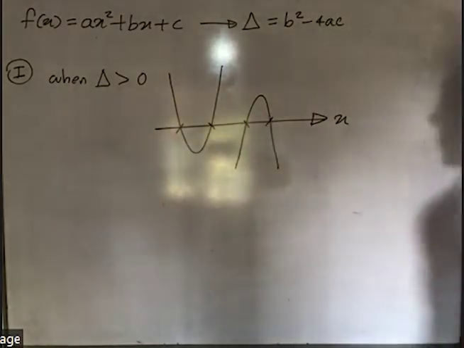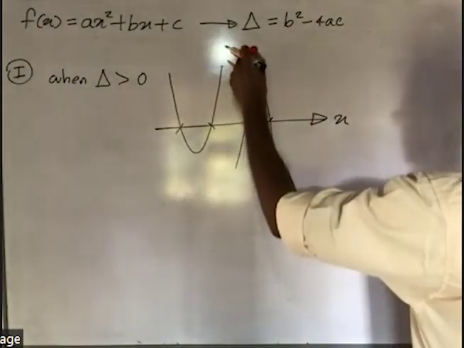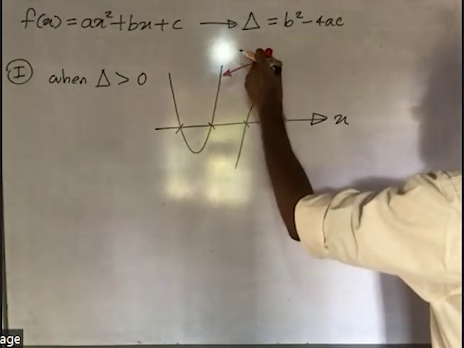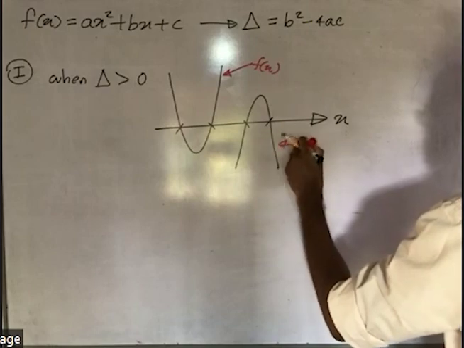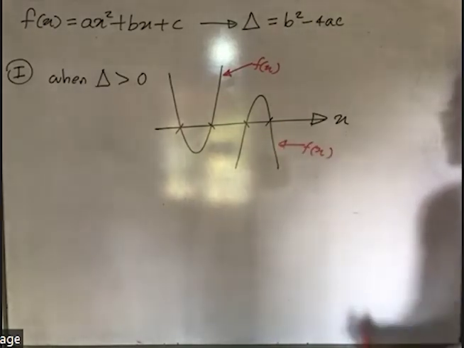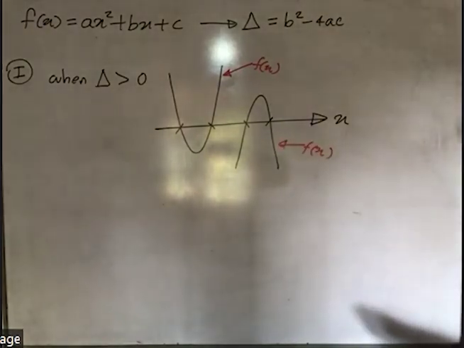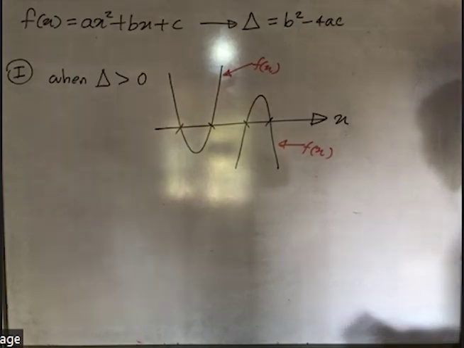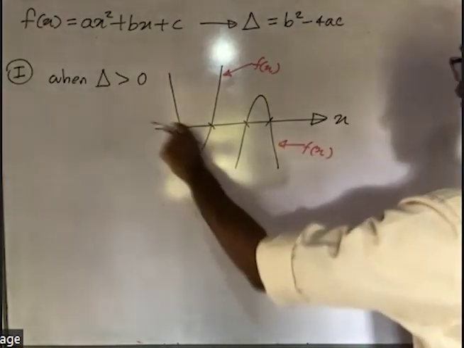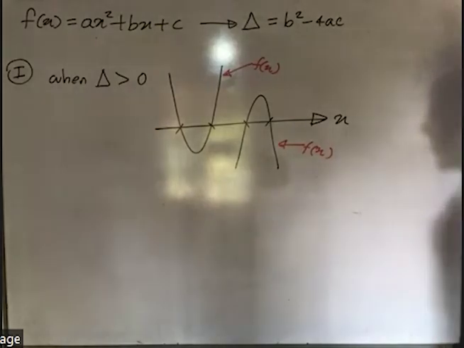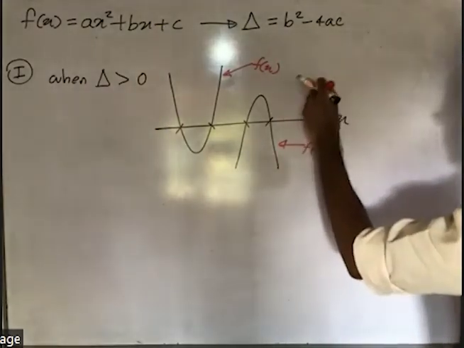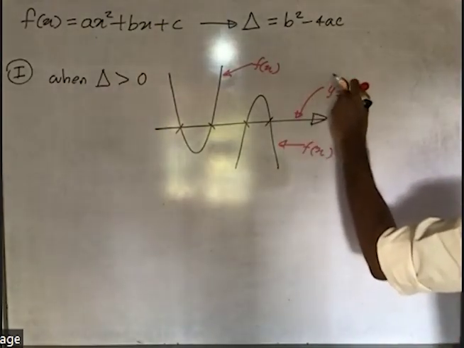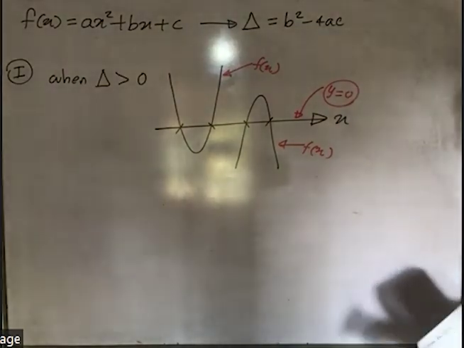That means two intersection points. So this is the f(x) function. There are two roots when delta is greater than 0, right? So here this is the x-axis, or y equal to 0 axis. So when y equal to 0,